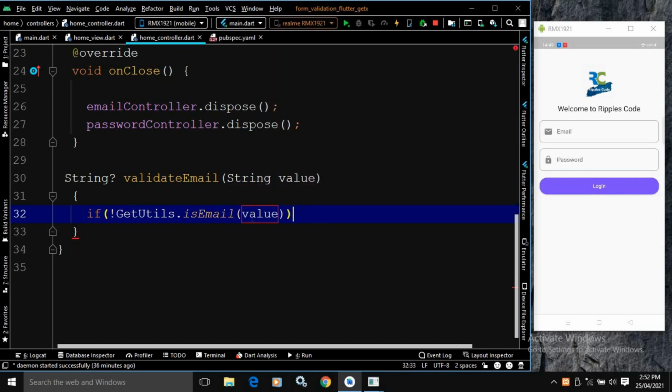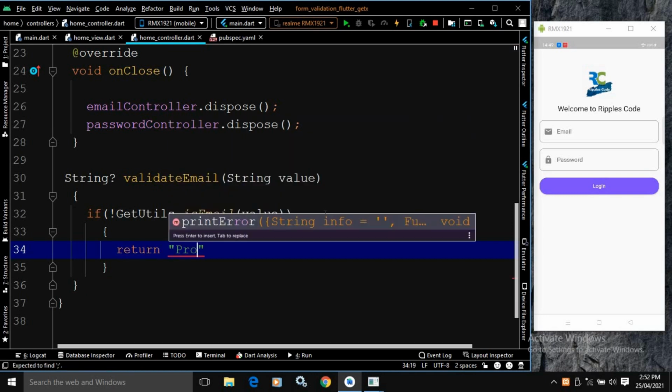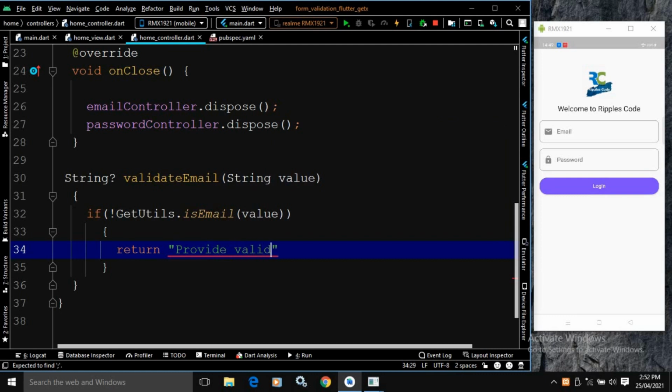It will check whether the value stored inside the value variable is a valid email or not. If it is not, then I will return a message, "Provide valid email". Otherwise, it will return null.